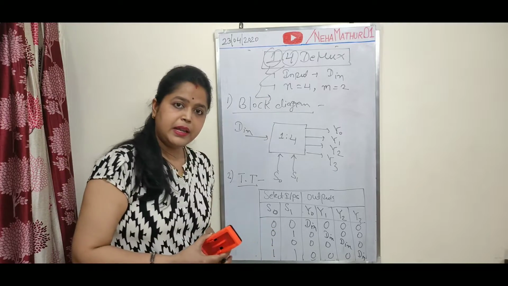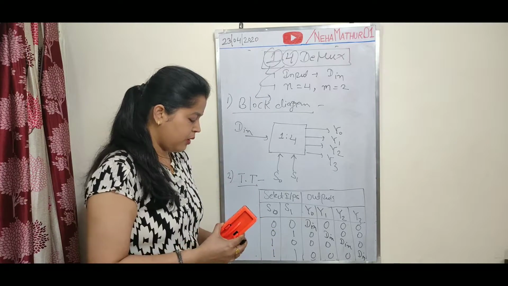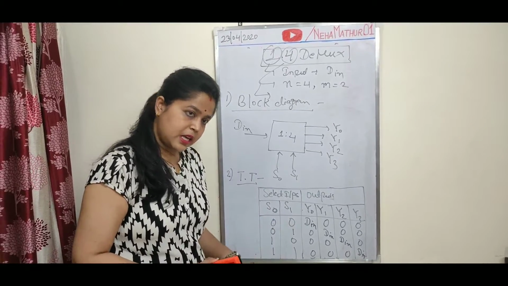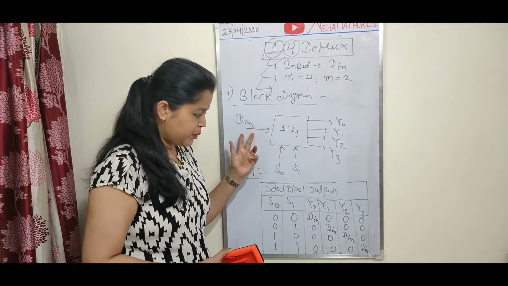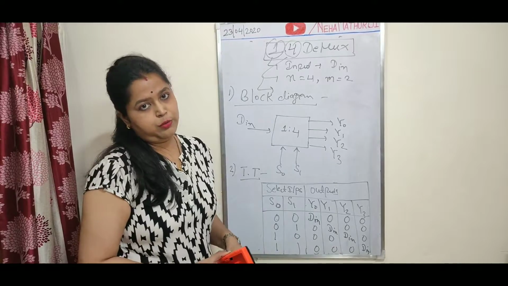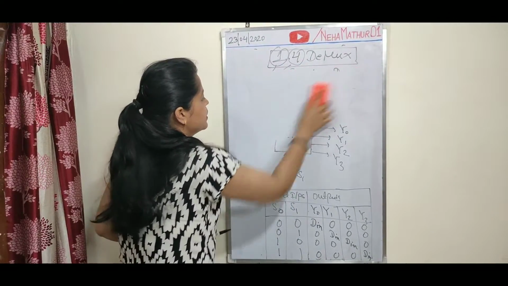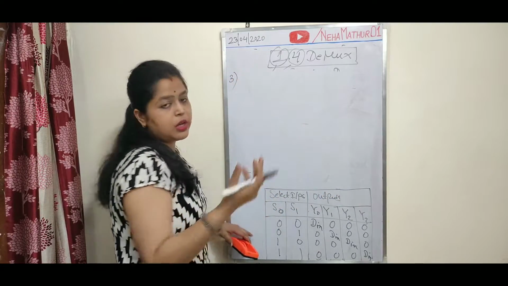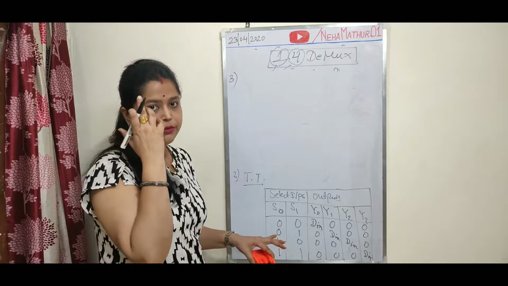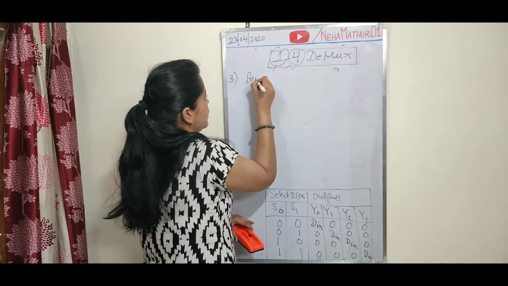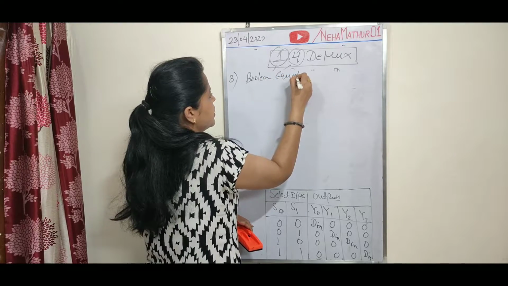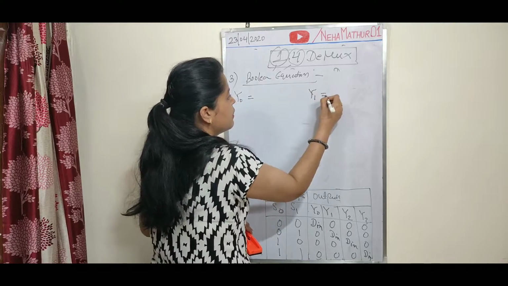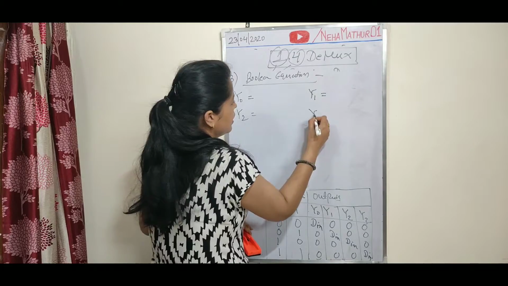Fine. I am again repeating that I am simply following the concept of selection inputs. For a single combination of the selection input, I am deciding the distribution of data input over these outputs. So, now the next task is the Boolean equations for your outputs. Here you have 4 outputs, so you will have a total of 4 Boolean equations: Y0, Y1, Y2 and Y3.